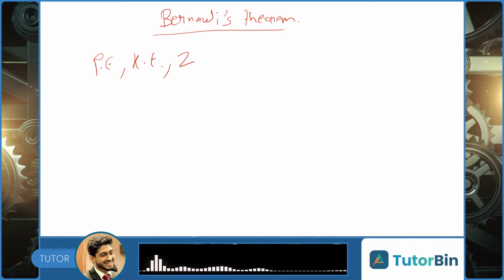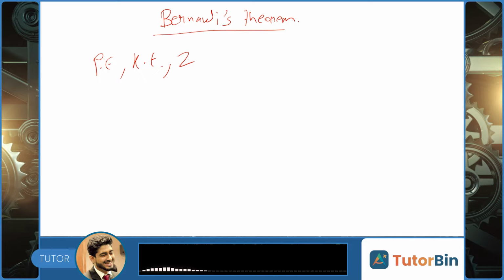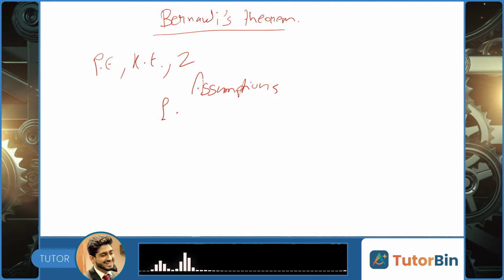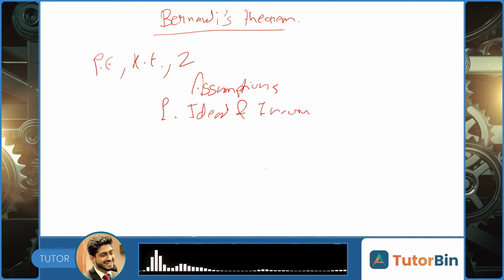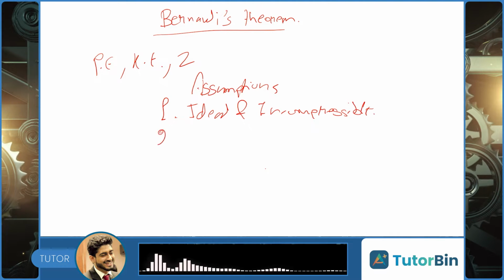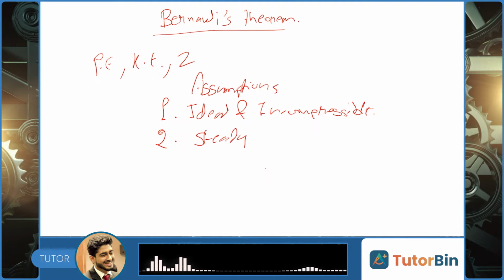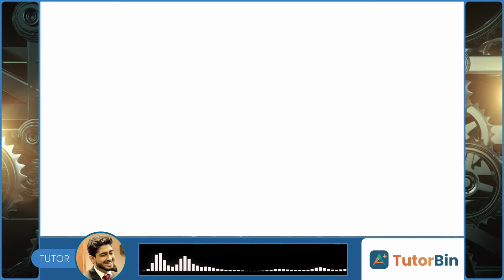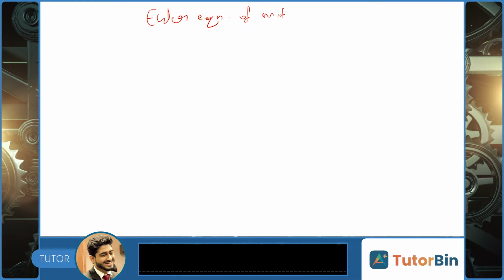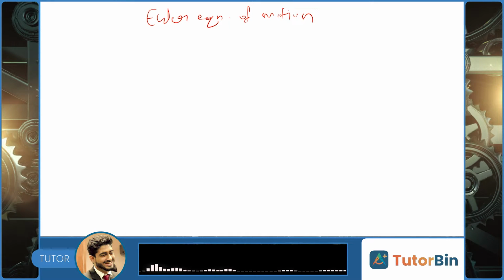So now let's discuss some assumptions in Bernoulli's theorem. What are those assumptions? First assumption is the fluid should be ideal and incompressible. And the second assumption is the flow must be steady and irrotational. We will derive Bernoulli's equation from Euler equation of motion, in which only pressure force, gravity force, and inertia forces